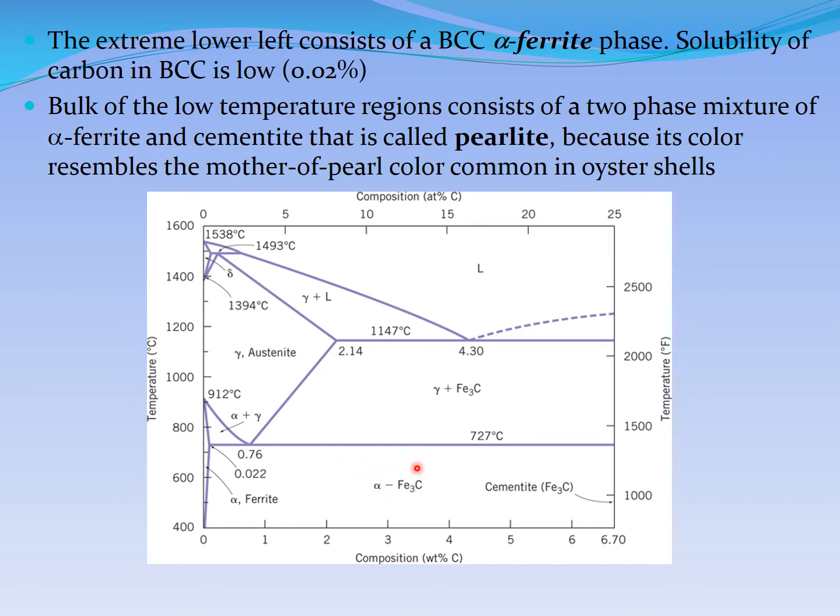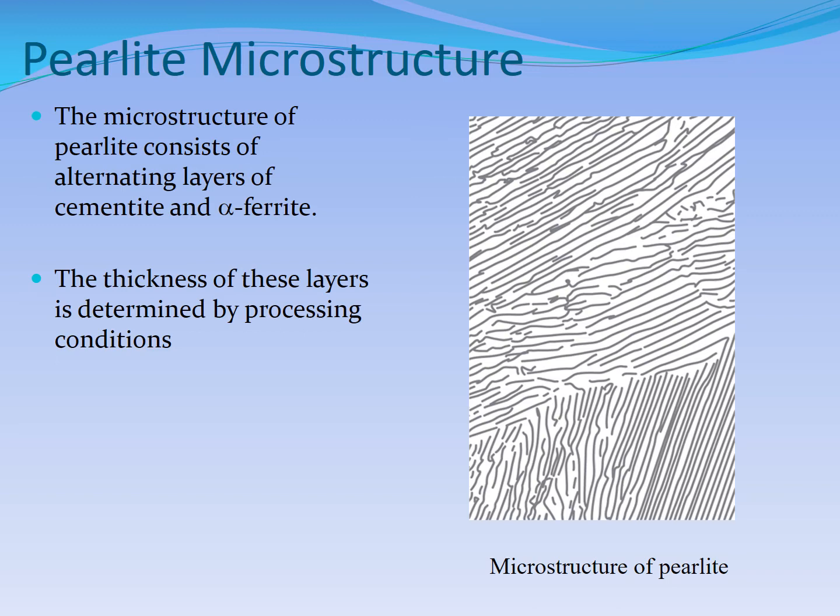Together, this is called pearlite. Pearl, you know pearl, right? What you get from the sea, the pearls, the gems. Because it looks very bright and shiny like a pearl, you call it pearlite. So under a microscope, pearlite looks like this. Alternating layers of cementite and alpha ferrite. So the white background is one of them, the dark lines is the other, right?